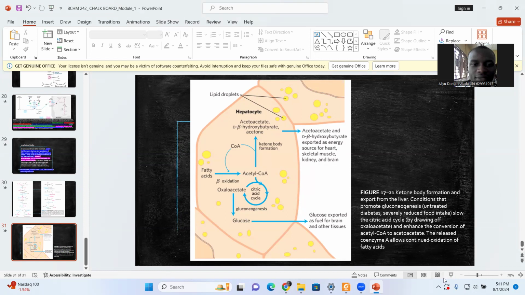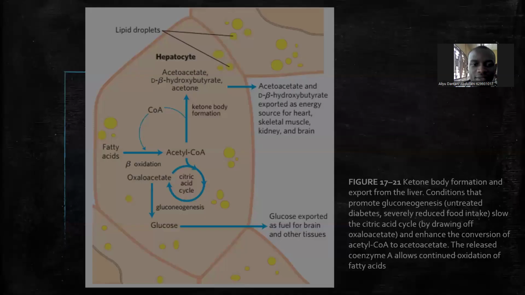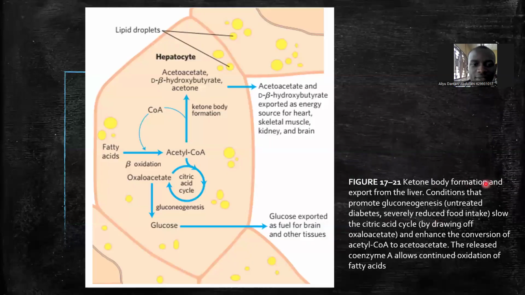Now this is ketone body formation and export from the liver. Conditions that promote gluconeogenesis, untreated diabetes, severely reduced food intake, slow the citric acid cycle by drawing off oxaloacetate, and enhance the conversion of acetyl-CoA to acetoacetyl-CoA. So this is mostly common in diabetic instances, right? The release of coenzyme A shows continued oxidation of fatty acids. So even in the presence of